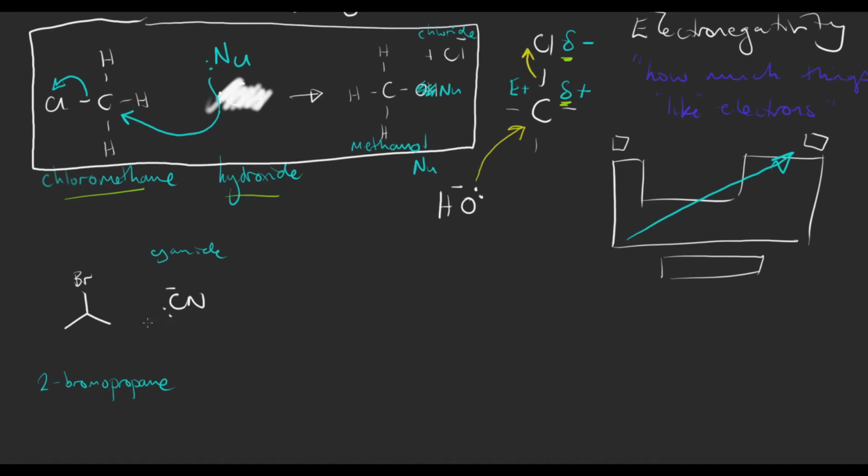But it's the same process. So I get out my curly arrow tool, and I start from my lone pair, and I go for the carbon center that is slightly positive. So I'm just going to draw that on there briefly. So I've got a slightly positive center there and a slightly negative bromine. So after my electrons come in, get rid of those. After my electrons come in, they then push out the bromine, kick out the bromine, and then the result is